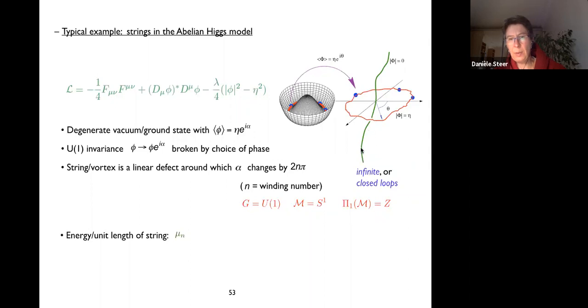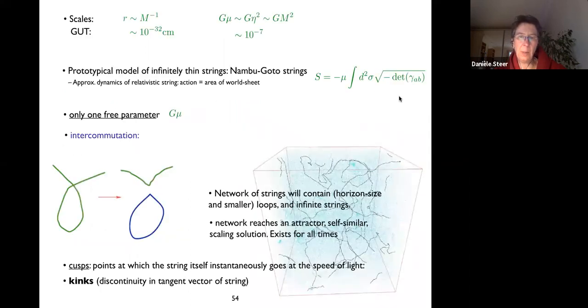Those modes can propagate along the string and give rise to currents, which can be charged or not charged. But if you have a current on a string, that can change the dynamics of the string. It can change its action and add some other terms. A very interesting effect of that is if you have a current on a closed loop such as this one,